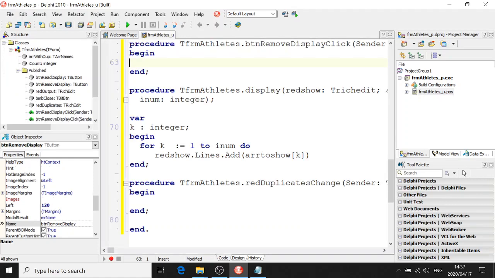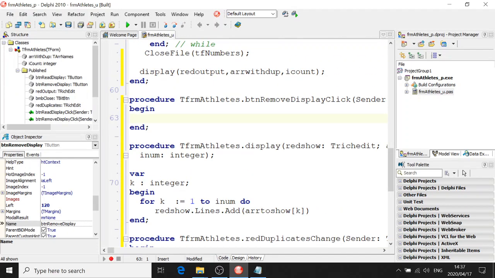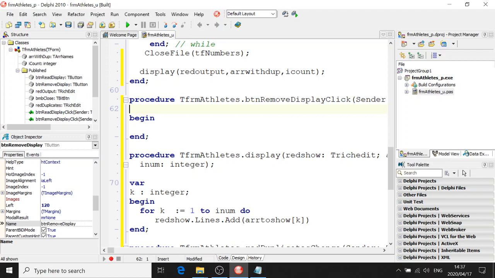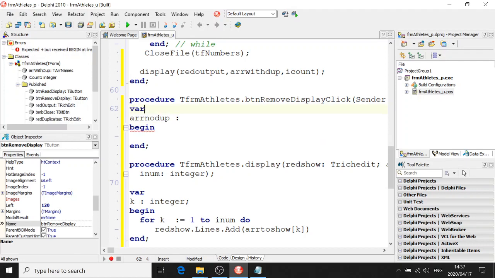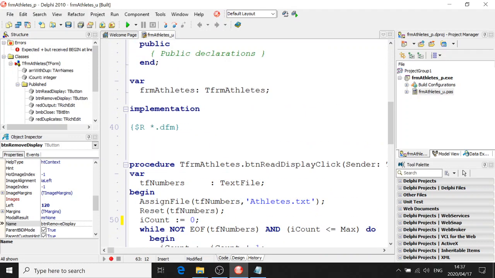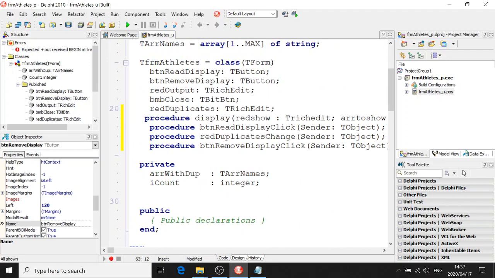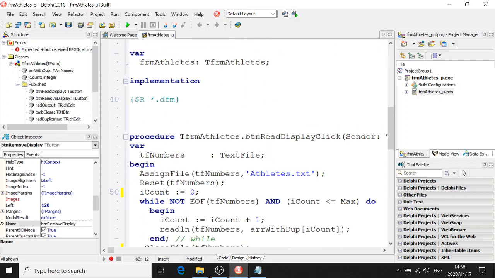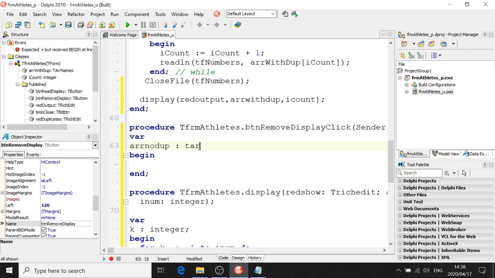Remove duplicates and display. I'm going to make an array no dup. I'm just going to put it over here, ARR no dup, and I can do that with VAR, locally. I'm only going to use it locally. If I want to go and display it, I can just send it off to my display method over here. See? So ARR no dup is TAR names,